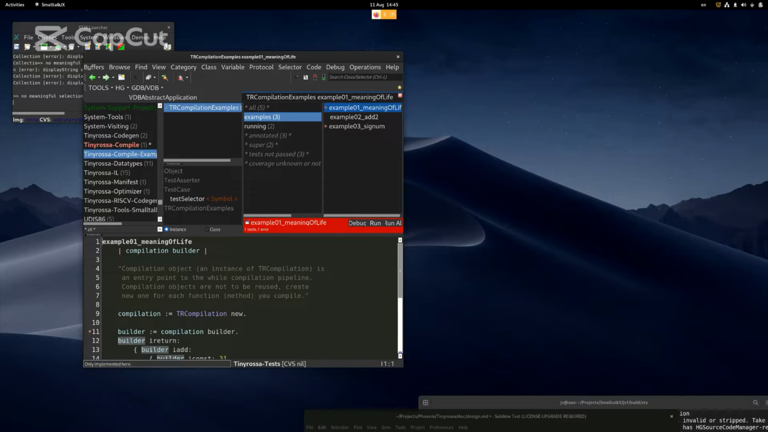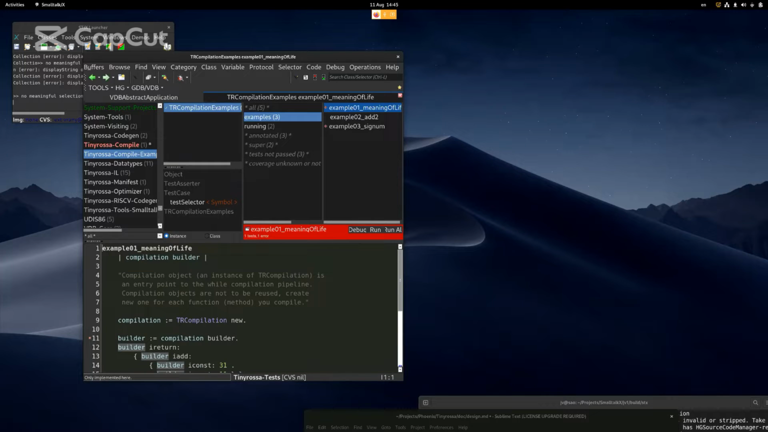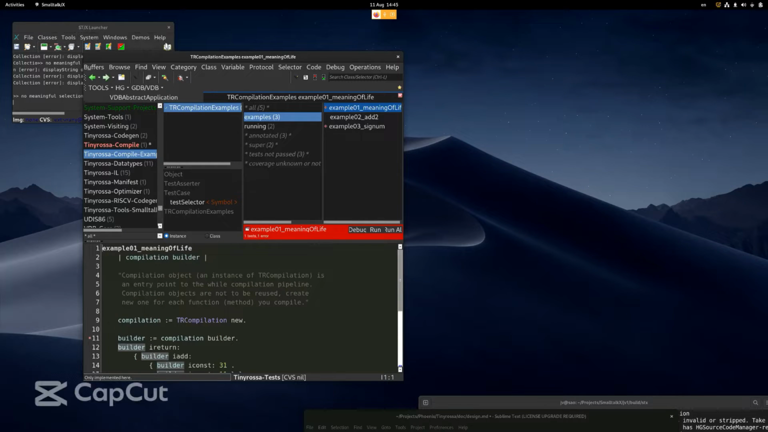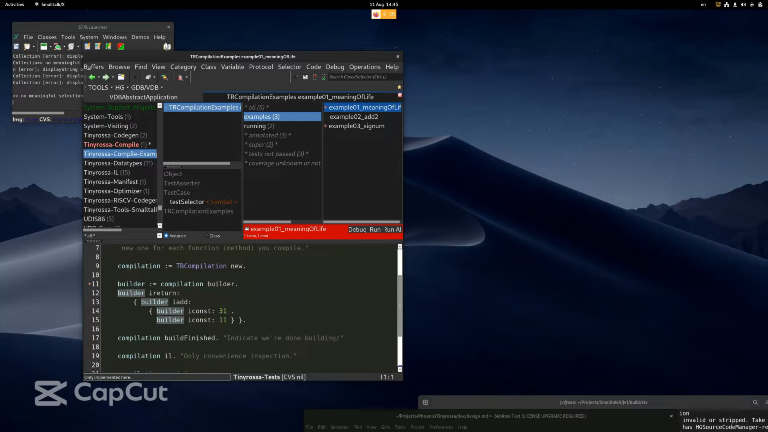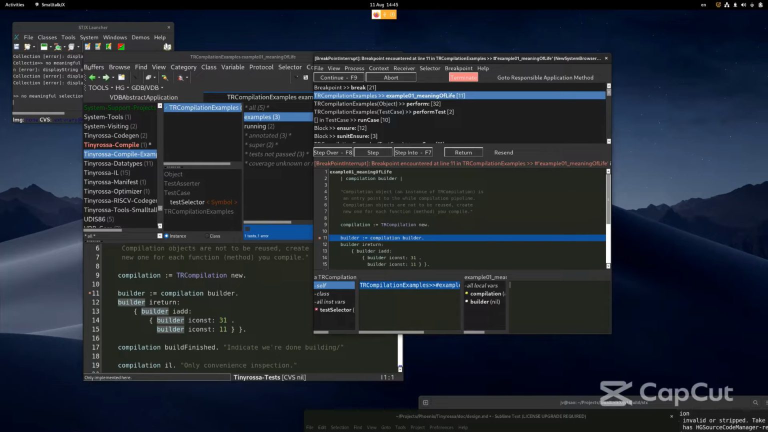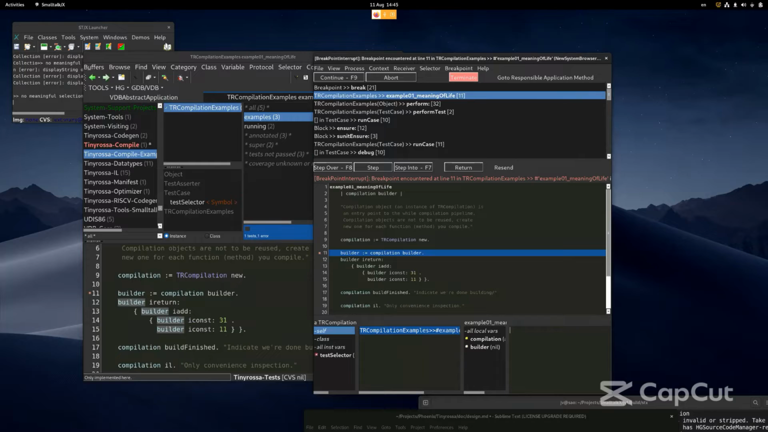Okay, so let's continue. I have a few examples here, and as I said in the README and before, so far it can somehow execute these examples, and that's pretty much it. But I think it's enough to demonstrate the whole thing. So if we just run the simple example, we get it here. So you start with creating a TR compilation, which is the entry object,